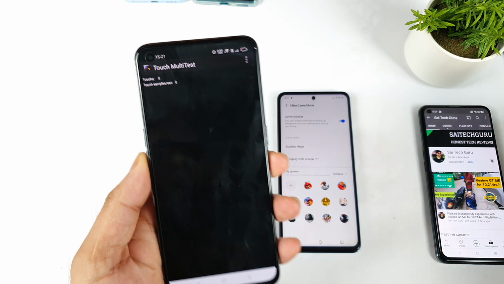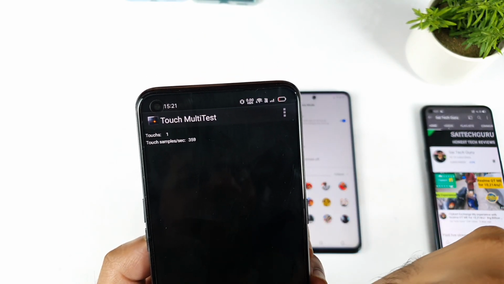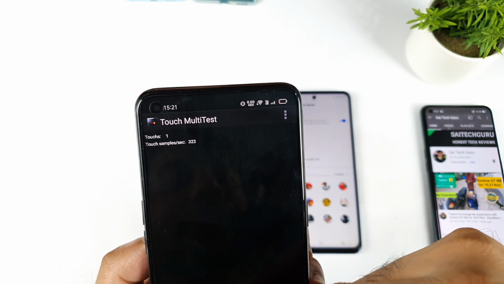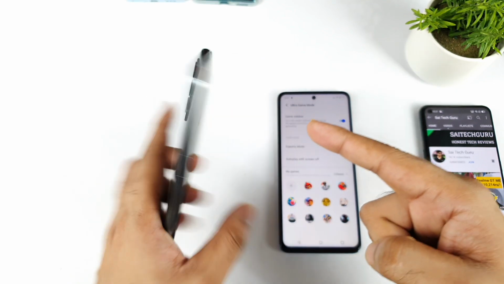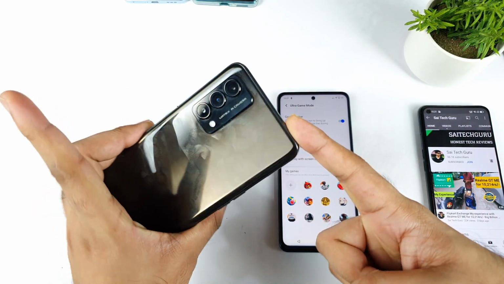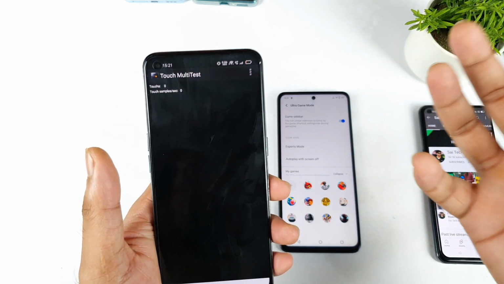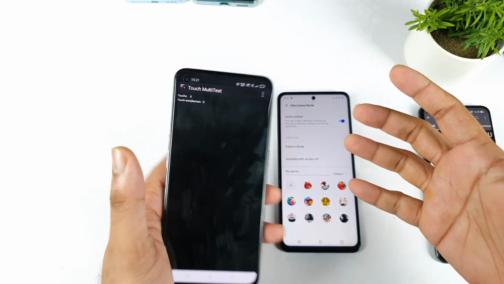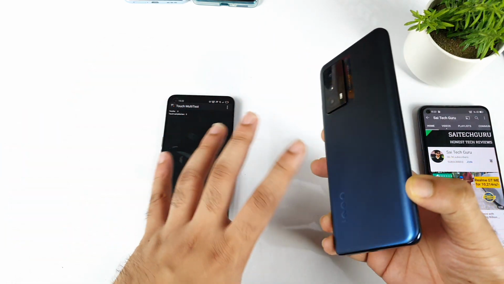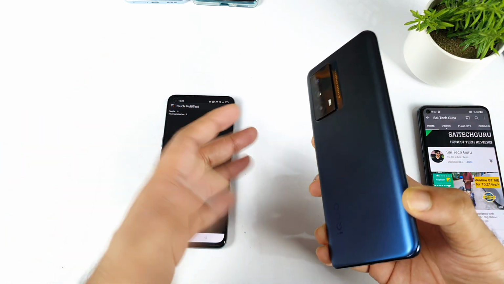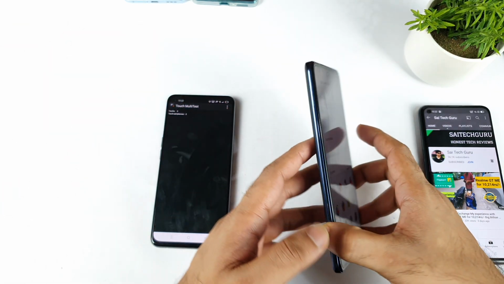And in the Realme GT, what happens here? Let's see. In the same application, the number we are getting is about 360. As you can see, friends, 360. So 360 minus the 120 Hz refresh rate. So in this phone, the Realme GT Master Edition, by default we got about 240 Hz touch sampling rate. Here it's really confusing, and I'm not sure why. But if you believe we should not do the subtraction, then the iQOO Z5 would also have a 360 Hz touch sampling rate. That's not possible because the phone has 240 Hz. So definitely we need to subtract the refresh rate used from the number we get.